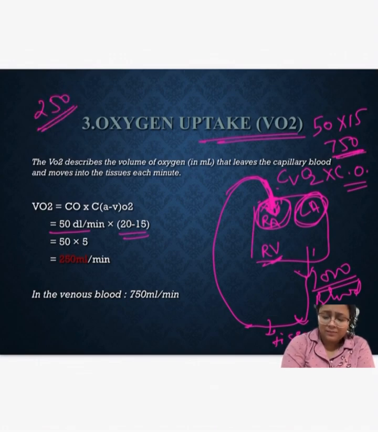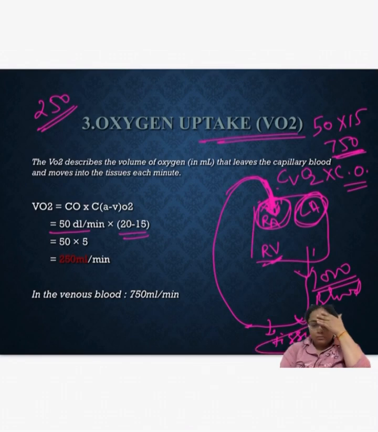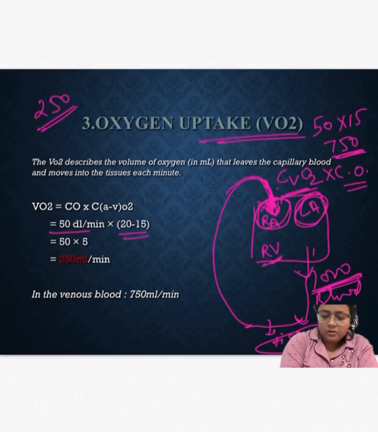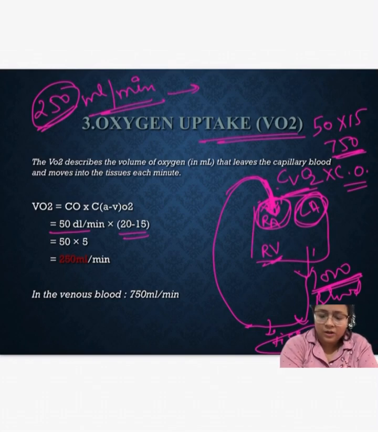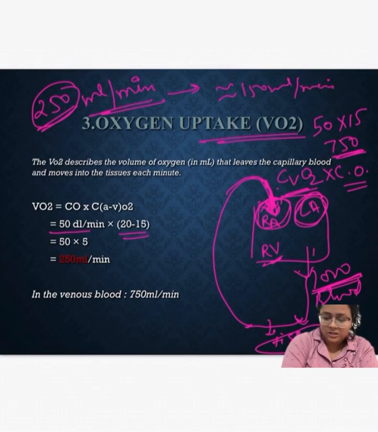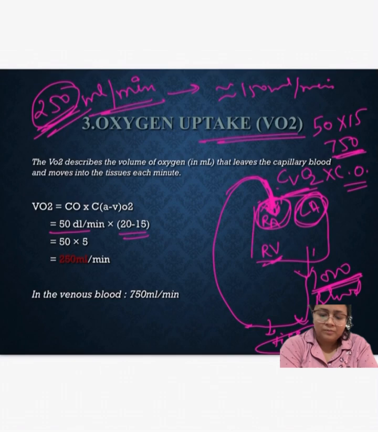If we want to know how much is utilized by the tissue, the utilization is this minus this. So this is VO2. VO2 is 250 ml per minute. In anesthesia machines, there is a setting that the minimal oxygen delivered by the machine should be at least around 150 ml, and the best is 250 ml per minute. Oxygen should be delivered at all times when the anesthesia machine is open, to always provide this oxygen utilization.